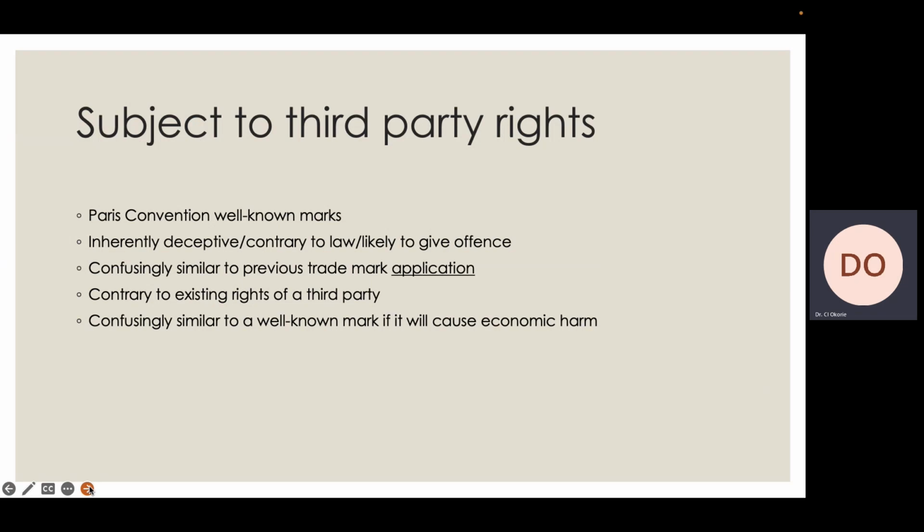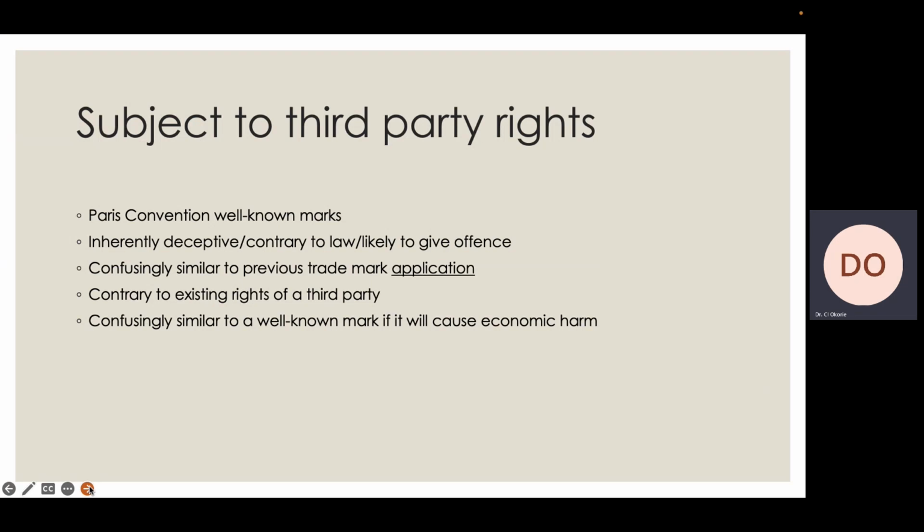And then it could also be that the mark is confusingly similar to a previous trademark application. So maybe someone has applied, not registered, but applied to register a particular mark. Now you want to bring in your own. They will say no, there's an existing application that we're still processing,